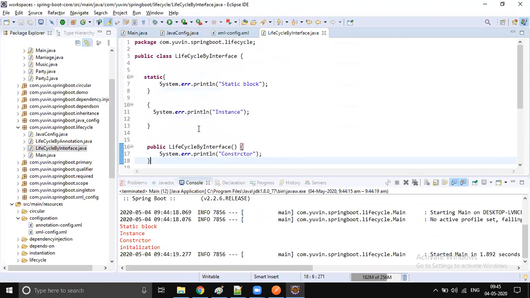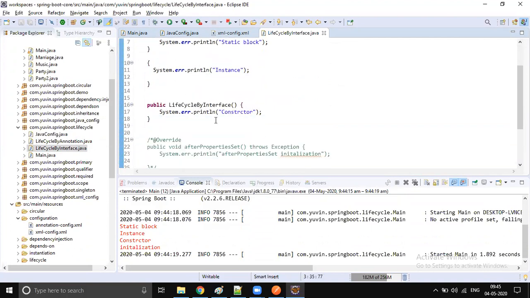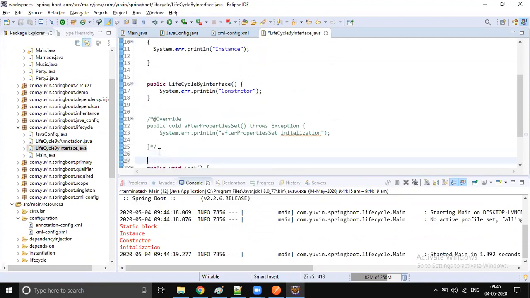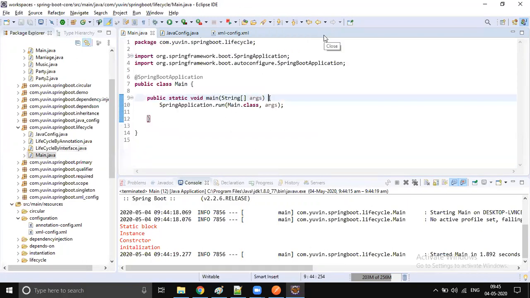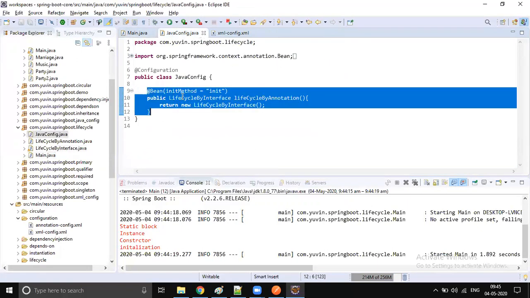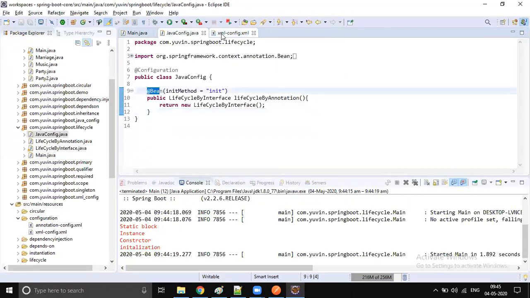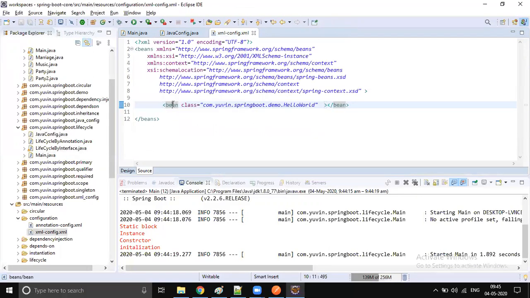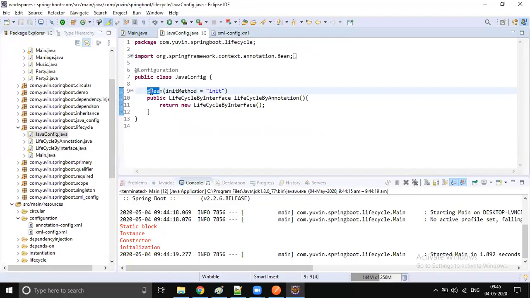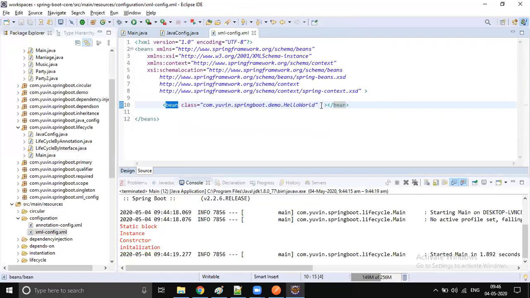So there are multiple ways you can configure it. One, by implementing an interface, which is anyway a completely bad practice. Another way is annotating the particular method with @PostConstruct. And sometimes you do not have access to the source. Then how can you do that? By using the @Bean annotation or the XML bean tag, you have to specify the init method. In XML we have init-method.